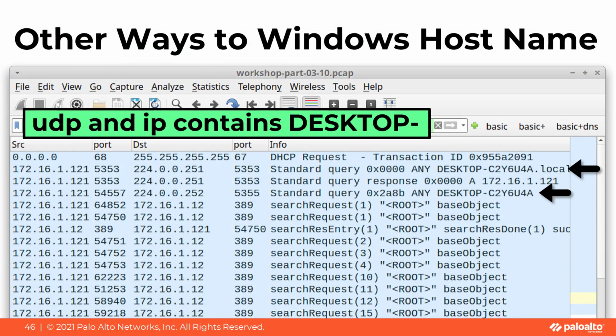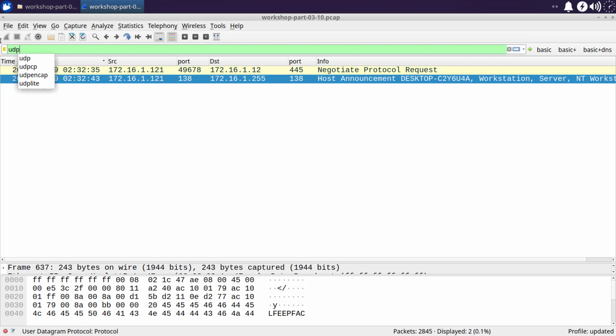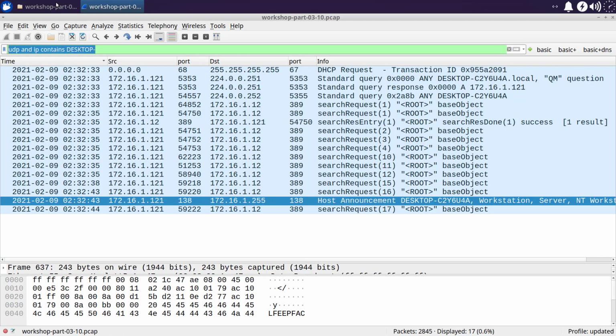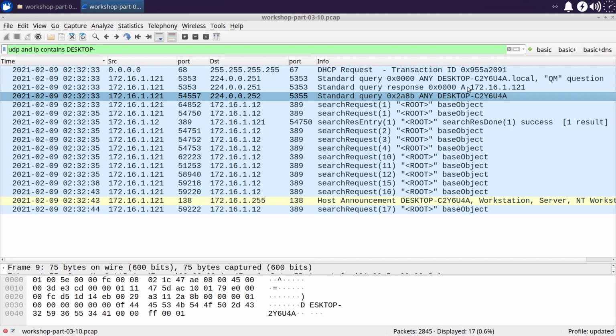If you have no SMB traffic and the client is a Windows 10 host, try searching for the string desktop- in UDP traffic. That should give you the results shown here. Now, the string that we're searching for is case sensitive. And we can see within the first 4 or 5 frames,